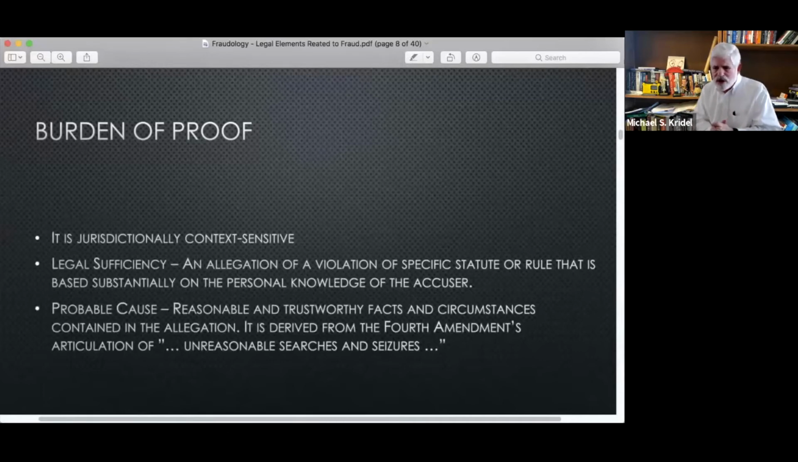Legal sufficiency is a term that you need to know as any kind of an investigator, because whatever you're doing needs to be considered legally sufficient. Legal sufficiency is the lowest burden of guilt. It's the lowest threshold for guilt. It is the easiest to prove, because all it is, somebody says, I know something about what somebody did, and